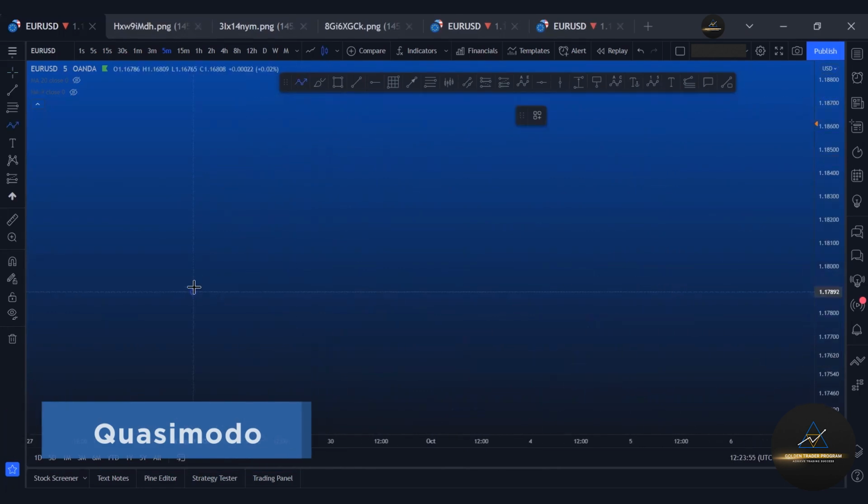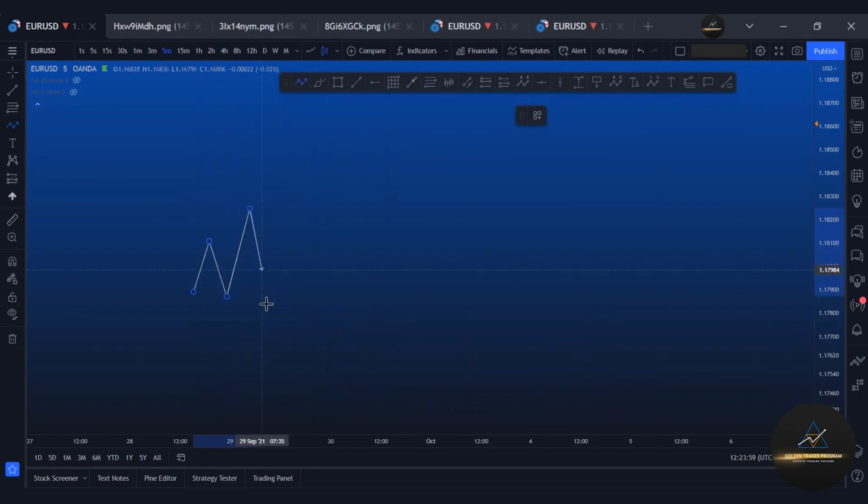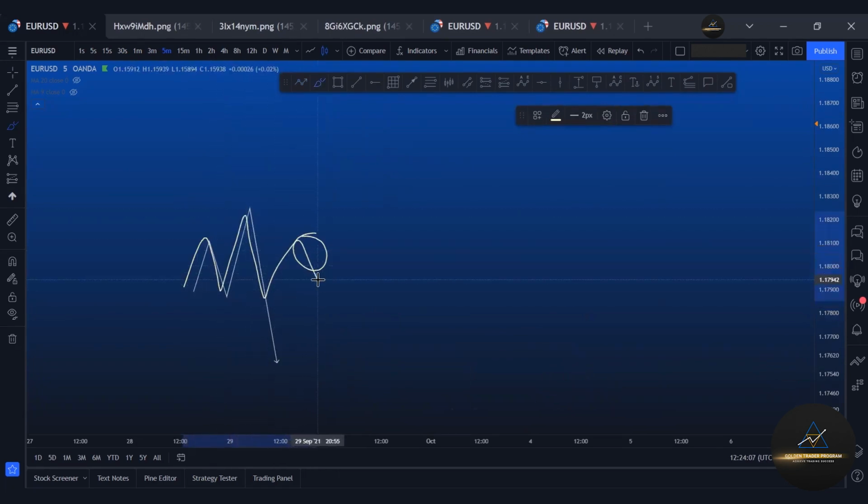So a Quasimodo is a left shoulder, a head, then you've got a break of the neckline, and notice how there is no right shoulder. There's no right shoulder here. Normally a head and shoulder is like this, and then you get the right shoulder. With the Quasimodo,